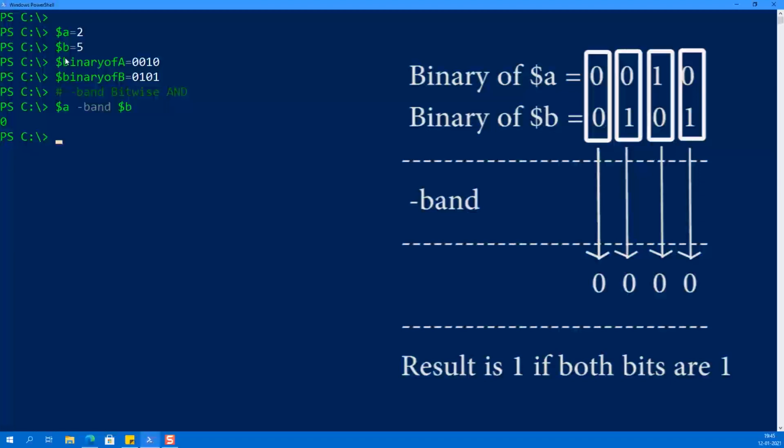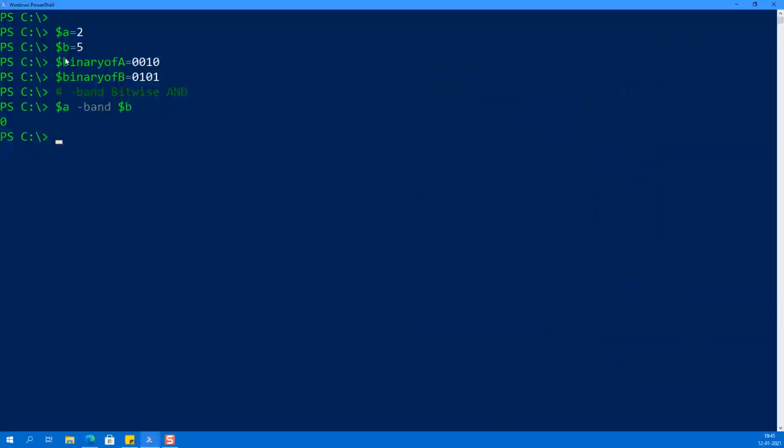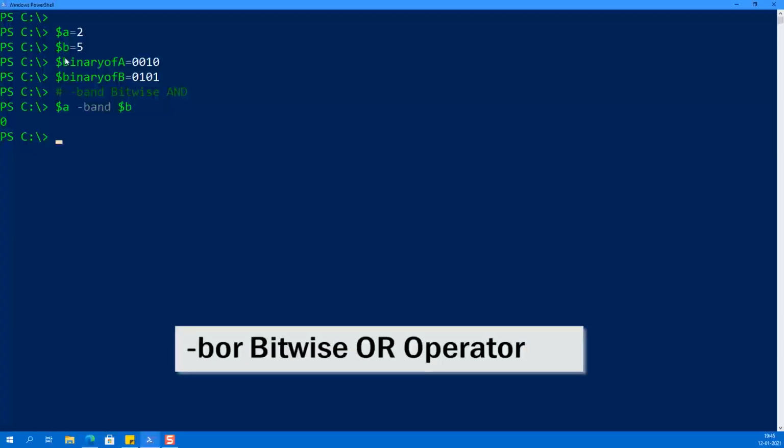resultant will be 0. The second logical arithmetic operator is -bor, which is also called the bitwise OR operator. This operator follows the rule of binary OR, where if any value is 1, then the resultant will be 1.